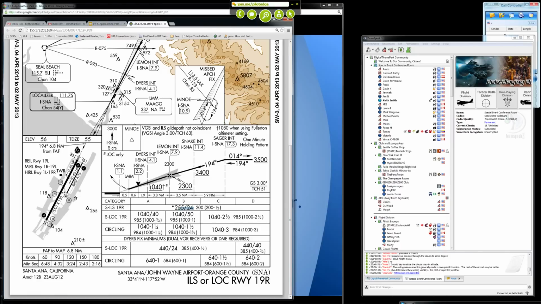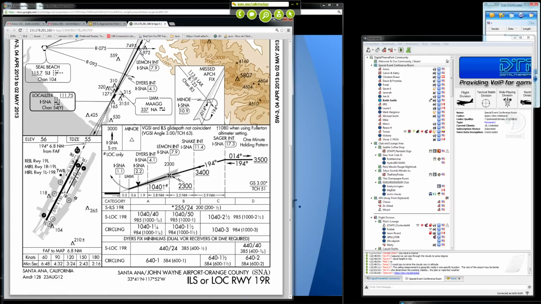So we're sitting at 1,040 feet. We don't go any lower than that. Again, look at that difference between 200 feet AGL versus 984. So we're puttering along at about 1,000 feet, no lower than that, essentially, and we're waiting to see the airport. If we get the airport and we have the required visibility, which is 1¼ miles, then we can execute a